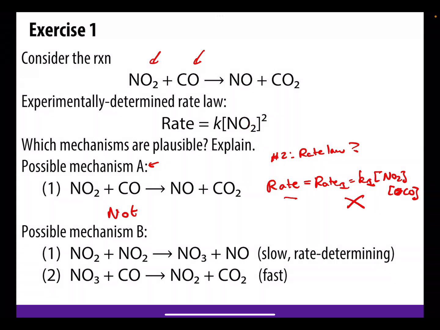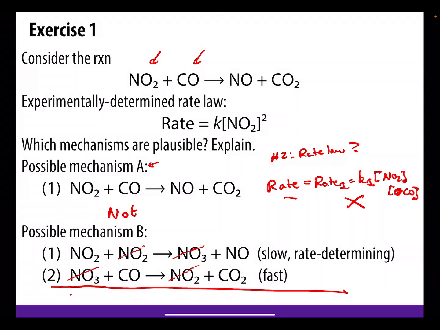Okay, what about possible mechanism B? So you've got to evaluate each criteria. Number 1, does this actually add up to the correct products? Well, NO2 plus NO2 goes to NO3 plus NO. NO3 here, we can cancel out. And we get NO2 is here. We can see, look at this. NO2 was used up first as a reactant and then produced as a product